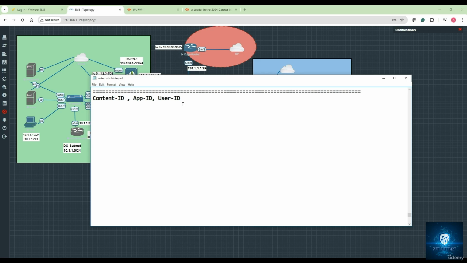We've discussed content ID with various content ID based profiles already, and next we'll discuss application ID. Regarding application ID, as we all know, my Palo Alto firewall will be filtering the traffic based on applications rather than using normal IP addresses or port numbers. So basically, application ID, also known as app ID,